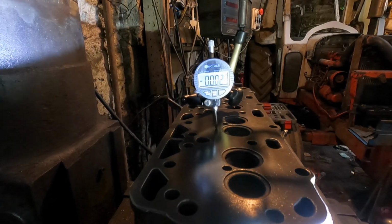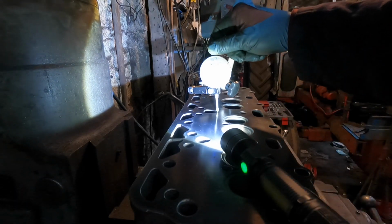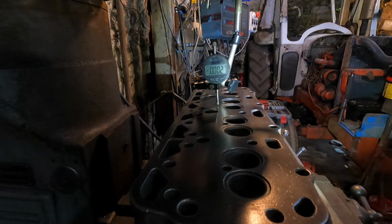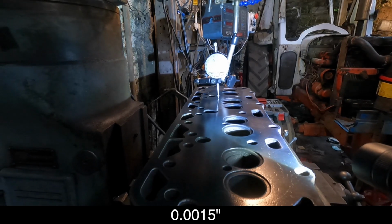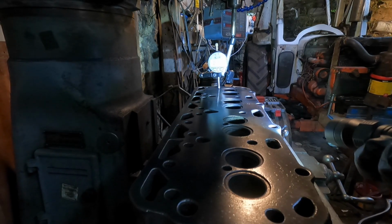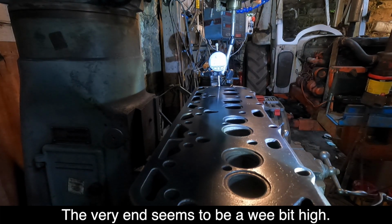The camera's going away from me. We're currently reading -2. It's going to go over a bump here, I'll have to help. Can you see that or not? Might be washing it out. It's reading -2. 1.5. 1.5. It's on 0 now. Plus 3.5 at the end there. It's sitting on 2, 1, 2, 3 blocks on the table. Very end seems a wee bit high, but